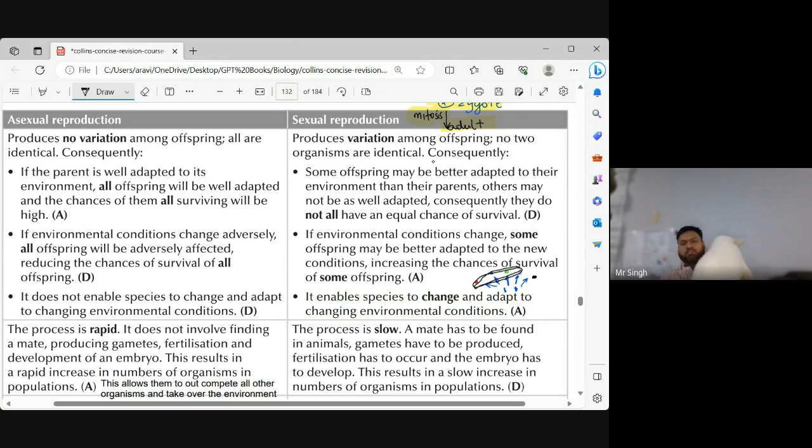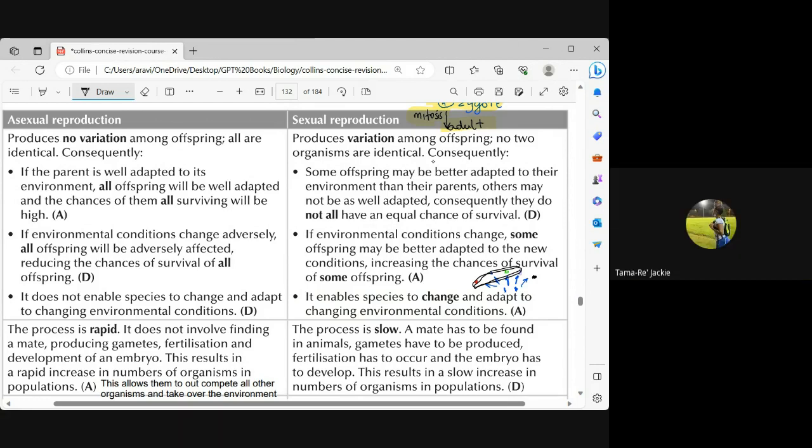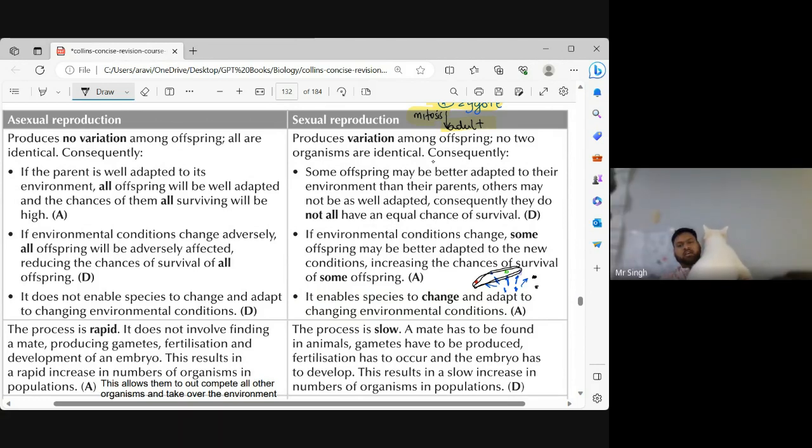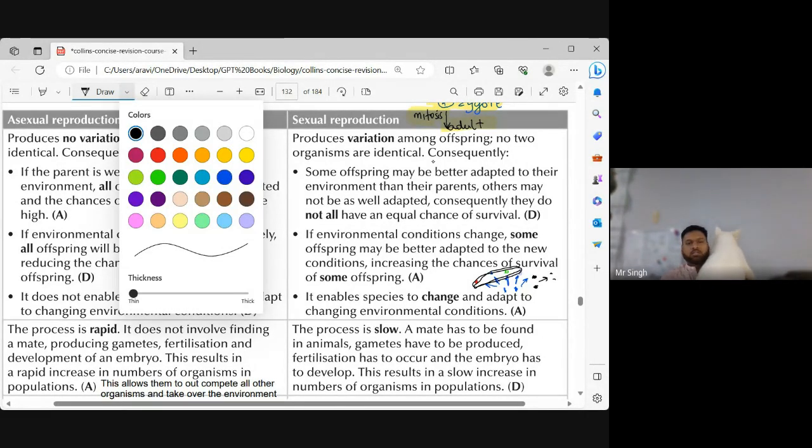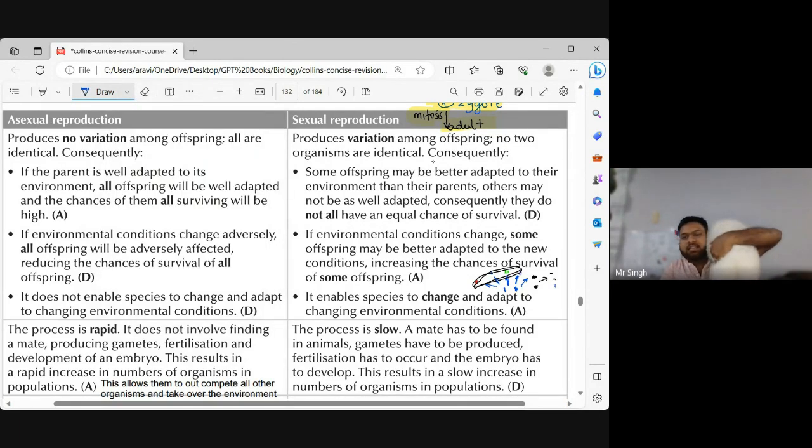So now we're only left with what? We're only left with the black offspring. Everybody seeing that? Students, everybody seeing that? Yes, sir. So this black offspring is now going to find another black mate, and their offspring might have one or two black offspring, and maybe a few blue ones or a few red ones or whatever the case might be, right? But the environment has selected for the black offspring.